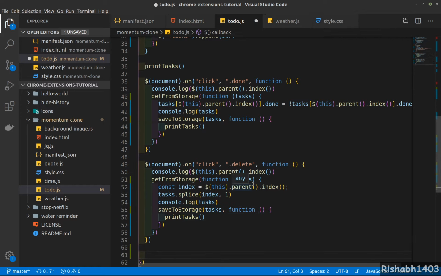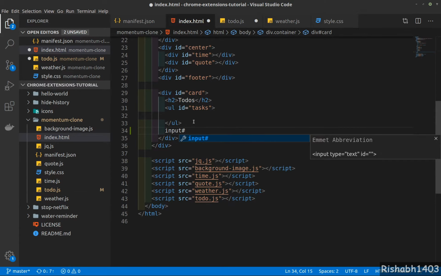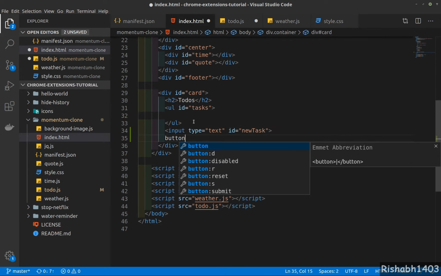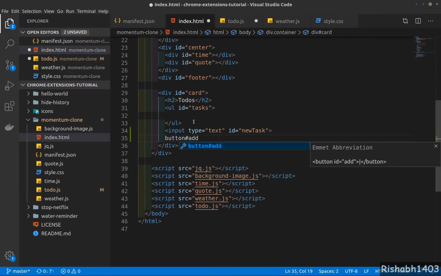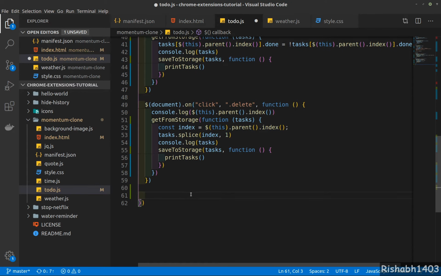Now let's create an input field and a button, and when we click on the button, we would want to grab the value out of the input field, and we would want to add it to our storage. So let's do that. Now we are declaring the click handler on the button.